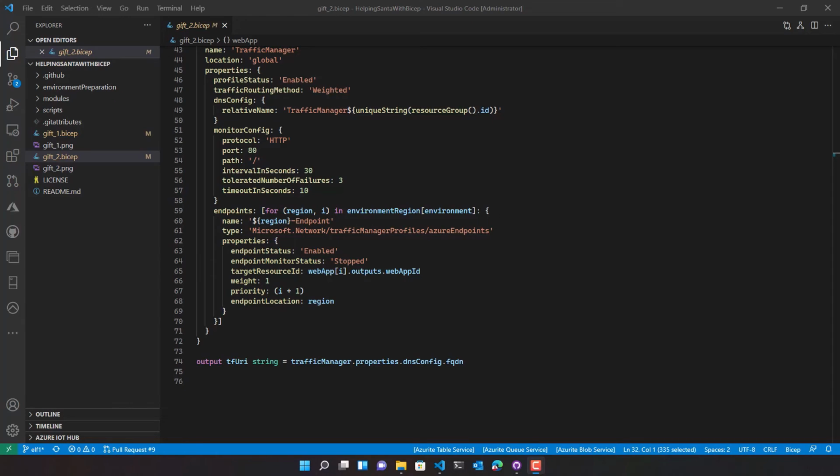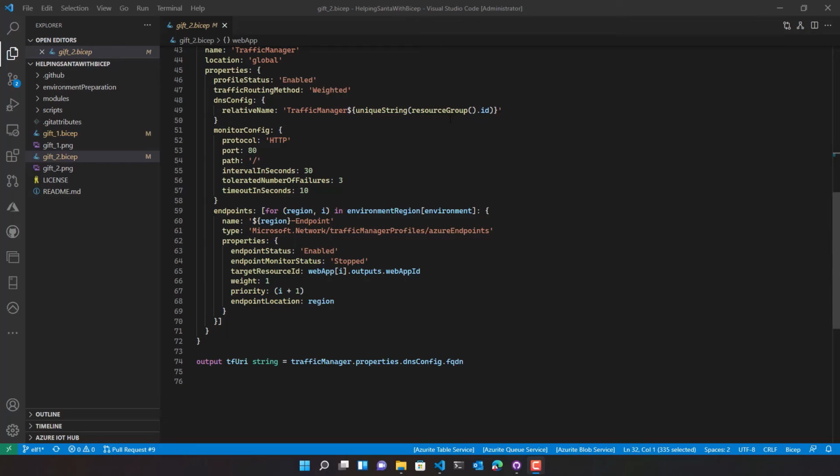And so, in our case, John and Cindy can't directly reach the Bicep registry if they don't have enough permissions on the Elves subscription. So, the easiest way for the elves to send their gift to John and Cindy is to transpile them and then send the ARM template JSONs to John and Cindy.